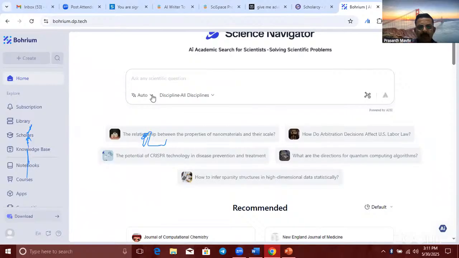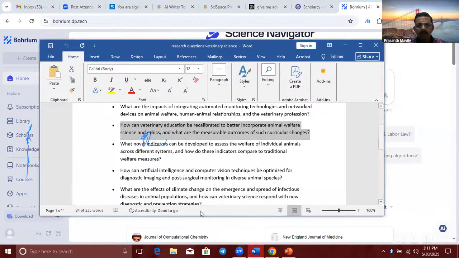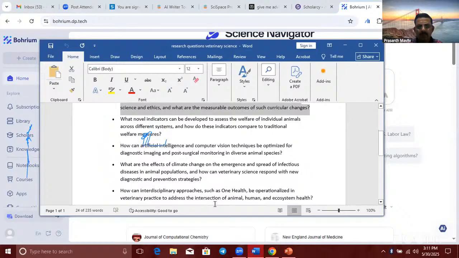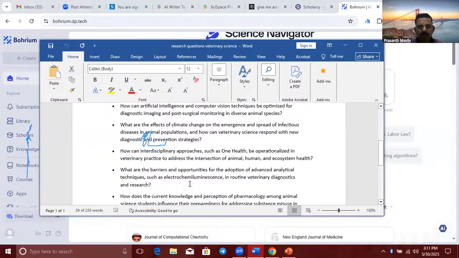So we will go with the DeepSeek reasoning model. I will check that. We'll give a query.